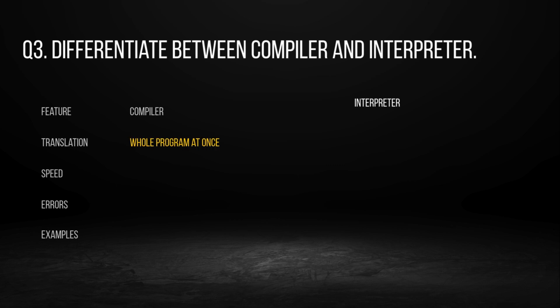Compilers translate the whole program at once, whereas interpreters translate it line by line. So we can say compilers give fast execution, whereas interpreters are slower,